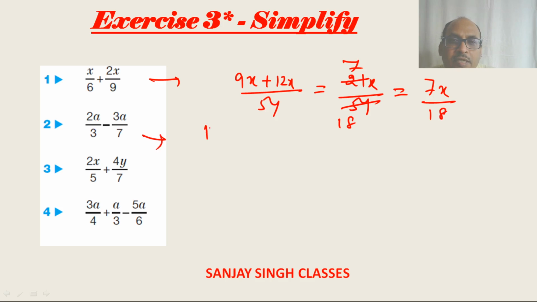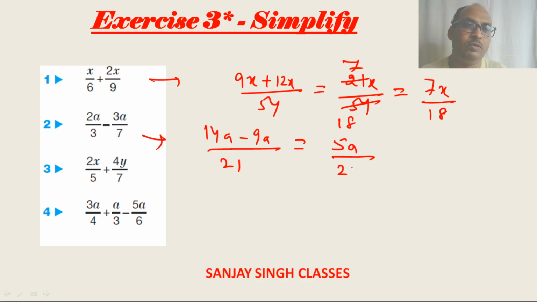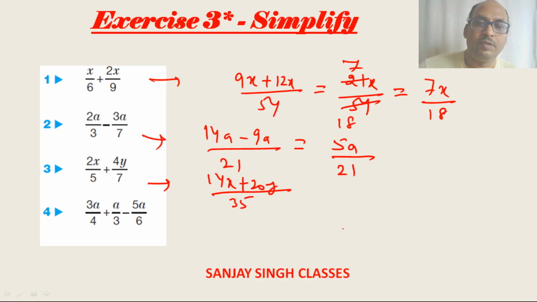For this one, it is 14a minus 9a by 21. So 14 minus 9, so it is 5a by 21. Okay, right. This one, 14x plus 20y by 35. No change, it will be as it is. x and y are both different. Here it is. We will not use